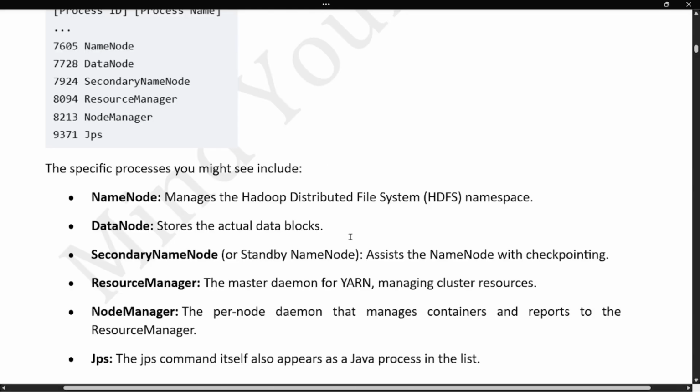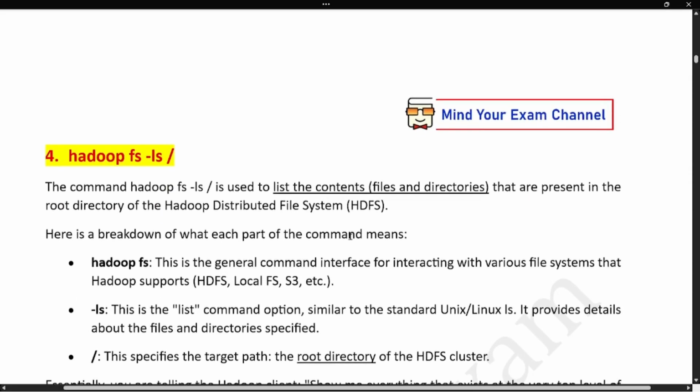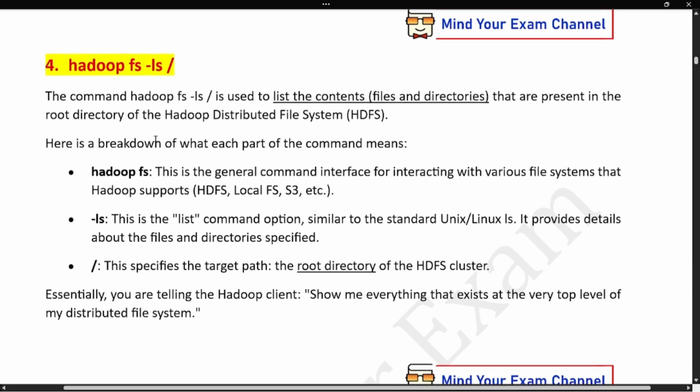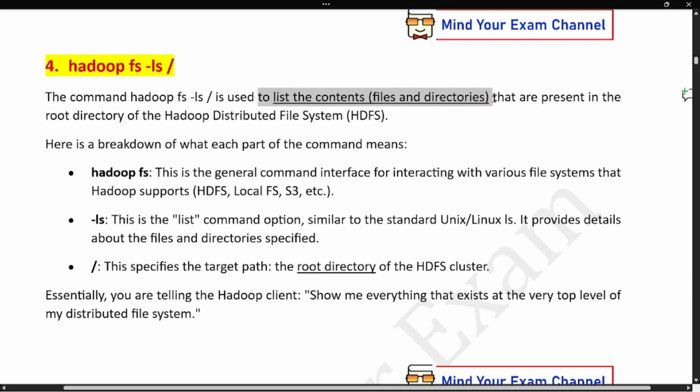Okay. All right, now let's come to our fourth command for this video, which is the Hadoop ls command. From now on, all the commands that we execute will have a fixed structure starting with Hadoop followed by fs. Fs stands for file system, and a hyphen after a space. So Hadoop space fs space hyphen followed by the main command, which is the ls command. It is an instruction to Hadoop to show me or to list all the files and directories that are present in the Hadoop distributed file system in the root directory.